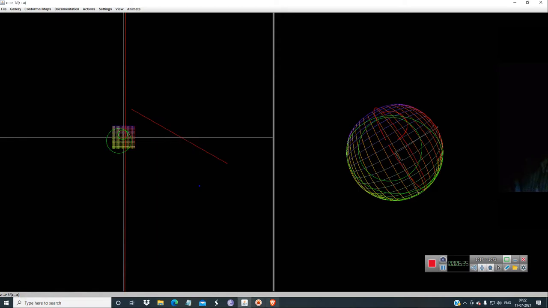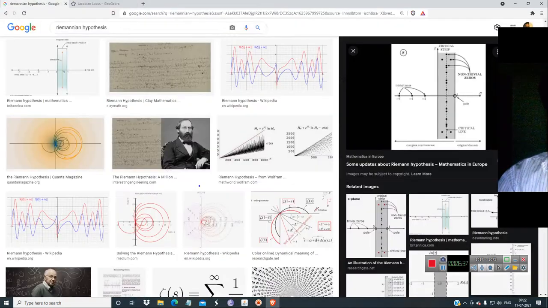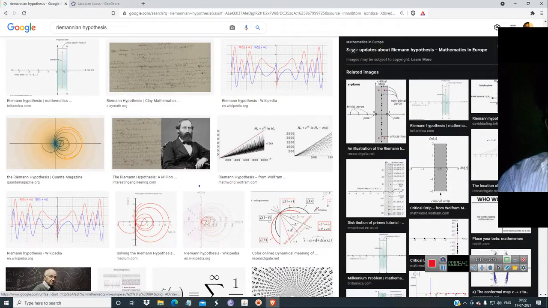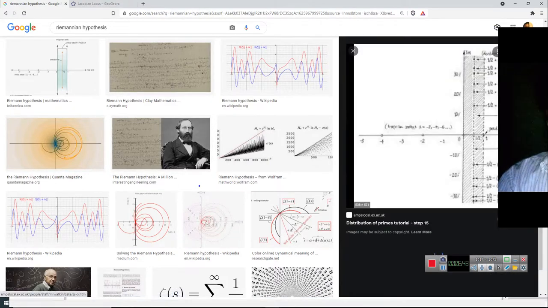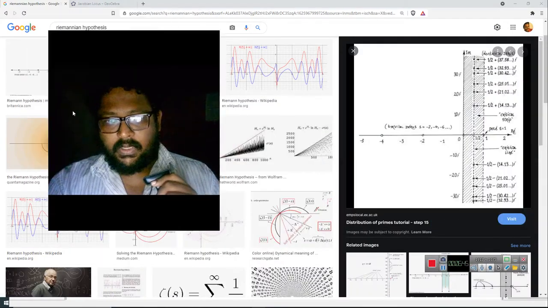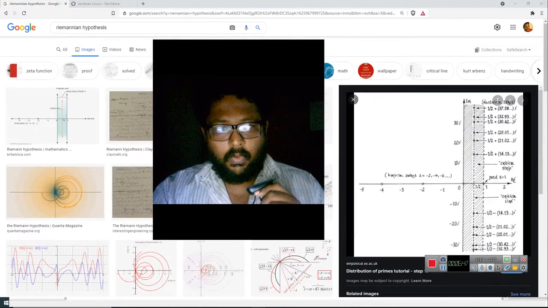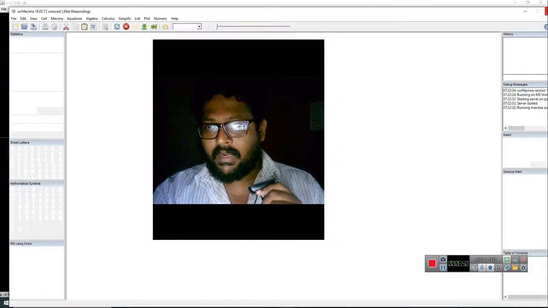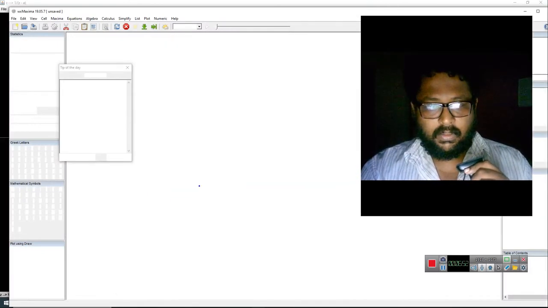This Riemann sphere is nothing but, I have already told you, the Riemann zeta function is the same one. The only thing is that for 1 by n to the s, you just plot a different one.